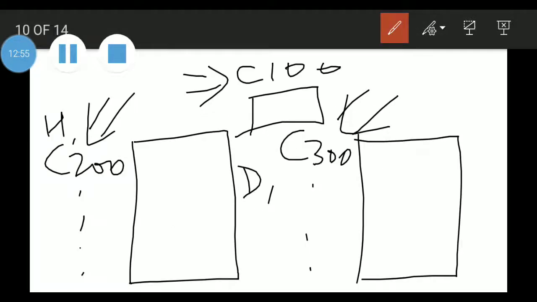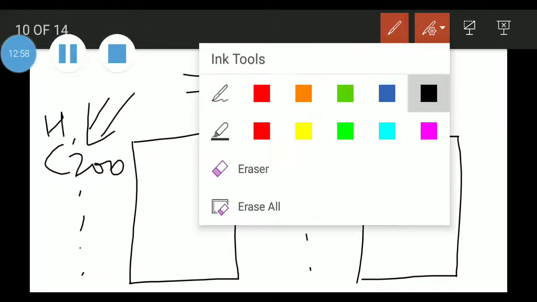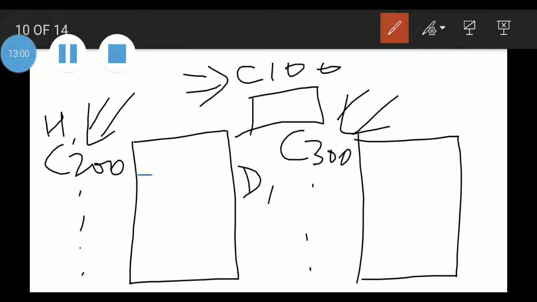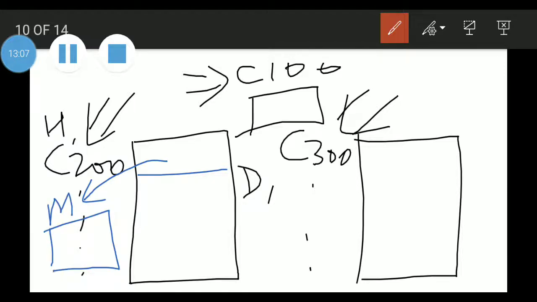Whenever we specify any instruction with C200, the first byte will always go into memory. Suppose I have here 04. Okay, 04 is there, so that 04 will automatically come in memory also, because M is specified. It is made by the HL pair, the group of the HL pair, which points to the memory location. We write the word M.